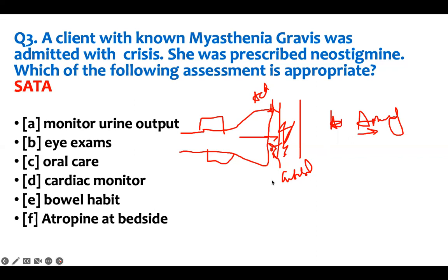It's okay. What we do is we give them medication that will increase the chance of acetylcholine binding to the receptor. And I call them the stigmines, the pyridostigmines or neostigmines. That's their last name. They have stigmine. They will basically bind to acetylcholinesterase. That's the enzyme that breaks down acetylcholine. And therefore, they have a high level of acetylcholine, and they can bind to the receptor, and then they can do